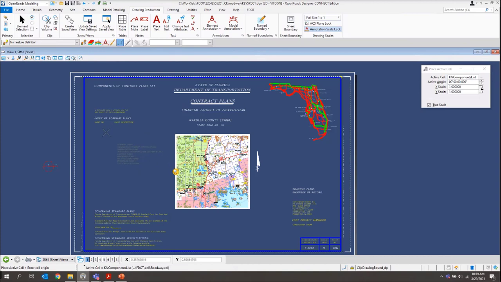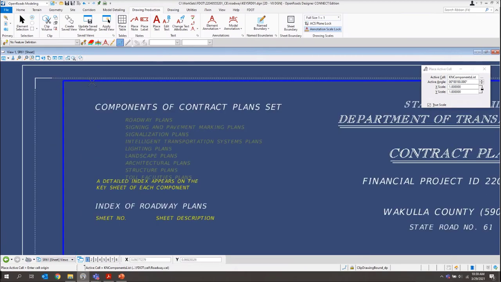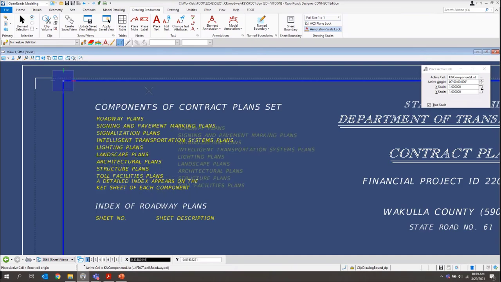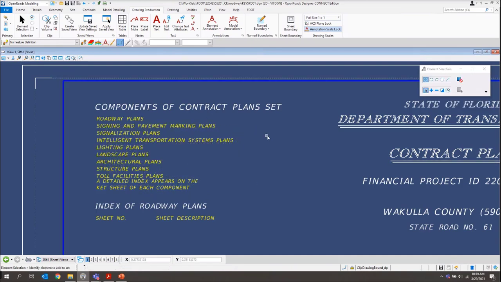What it's done is attach the component list cell to my cursor. We've actually created the origin so that we can snap to this upper left border of the sheet. So I'll just snap there, left click to place it, and then right click to exit that tool.